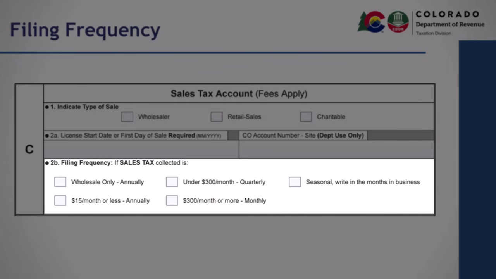For new brick and mortar businesses, if you collect $300 or more in sales tax each month, you must file monthly. Businesses that pay more than $75,000 per year in state sales tax must pay by electronic funds transfer, or EFT. You must complete the form DR 5785 to set up your EFT payment accounts with the department. See payment options at